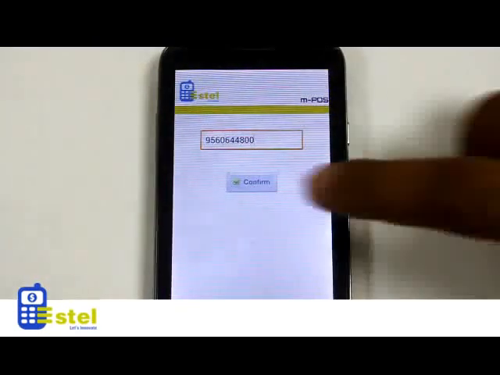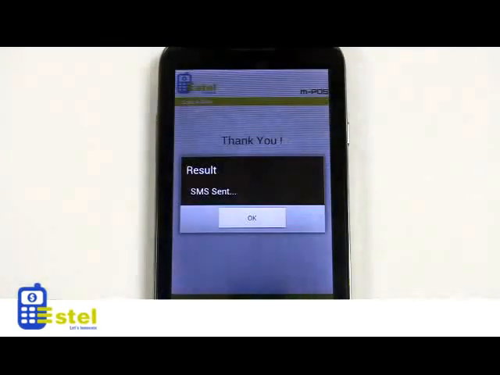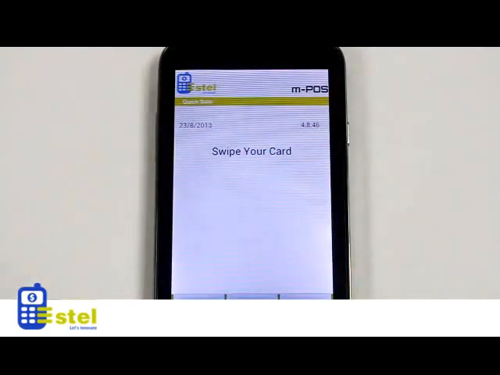Tap Confirm. An SMS would be sent both to the cardholder and the merchant with the details of the sale transaction.